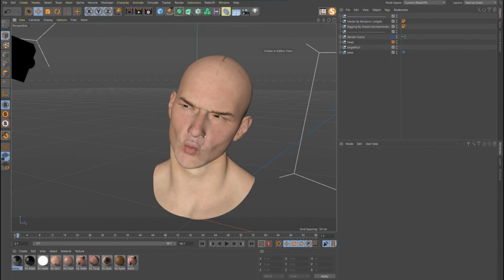We could probably make a really cool shader that could do that. But then what we end up with is when we get into comp, if we want to adjust and tweak that, we got to go back to our render. So I want to build a shader that I can adjust in comp. So let's start with creating a new Redshift material.